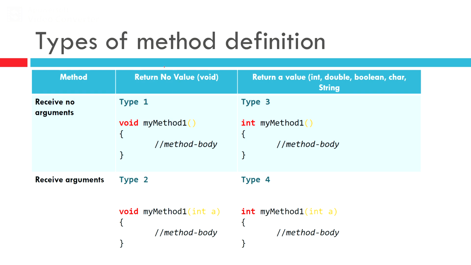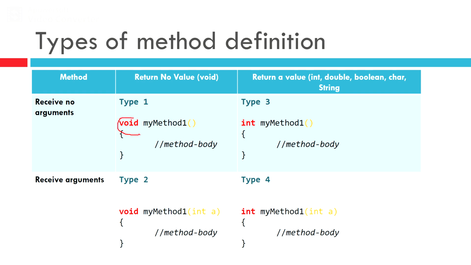Okay. Now, for the method return no value, there are 2 types. Okay, method that return no value, or the void type. Here, return no value or the void type of method. Type 1 and type 2. So type 1 is the method which is a void type and receive no argument. So that's why the general form of type 1 method definition is,